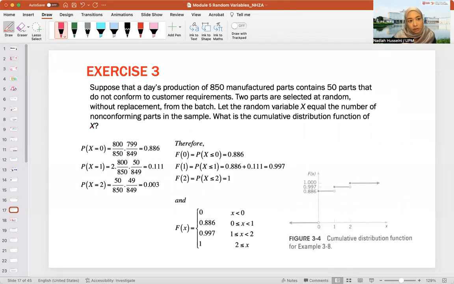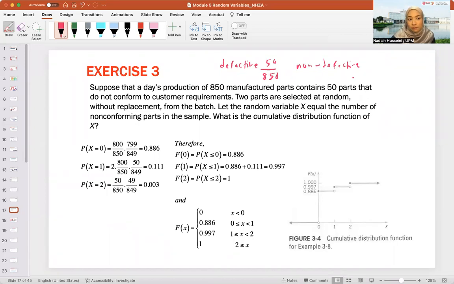Okay, so x denotes how many defective items that I choose. So if both of them are not defective, therefore x is equal to 0. If I choose out of the 2 that I choose, one of them is defective, therefore x is equal to 1. And if I choose 2, both of them are defective, therefore your x is equal to 2. Okay, so remember that we have 50 over 850 parts that do not conform, meaning to say that they are defective. Okay, I'm going to get you guys up to speed. 50 over 850 is defective, and non-defective, meaning to say it's good ones,